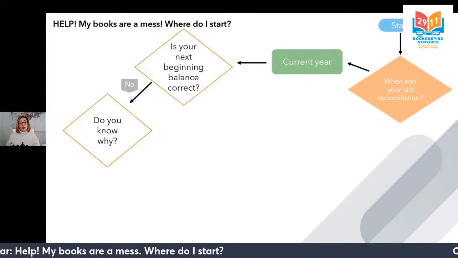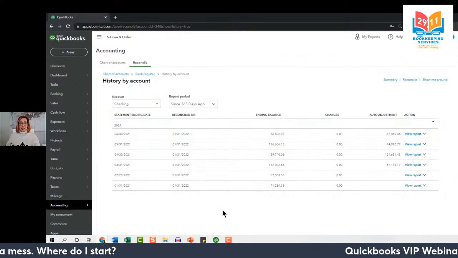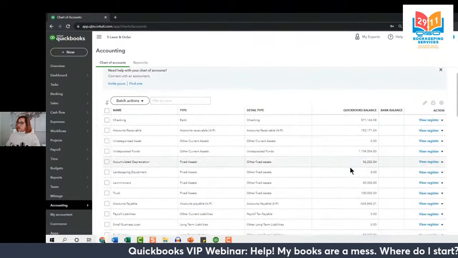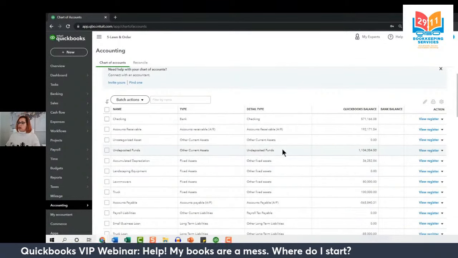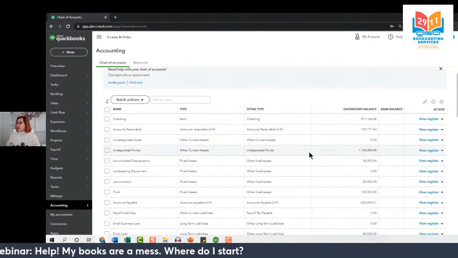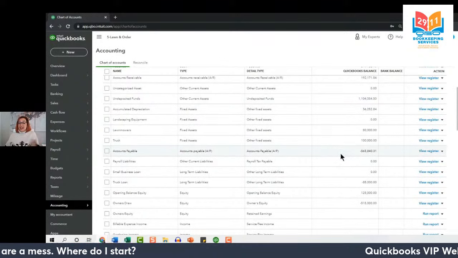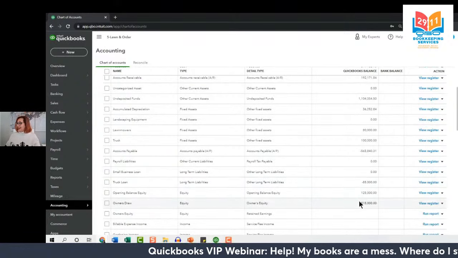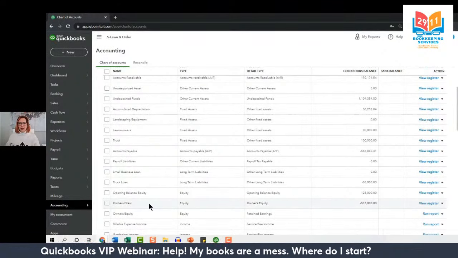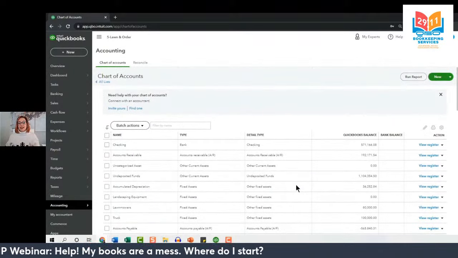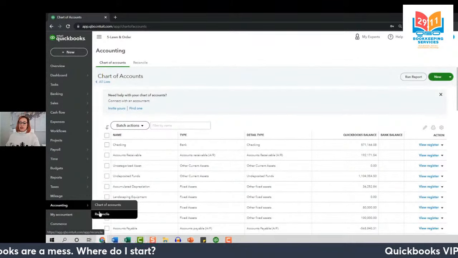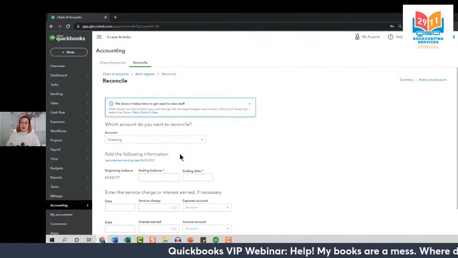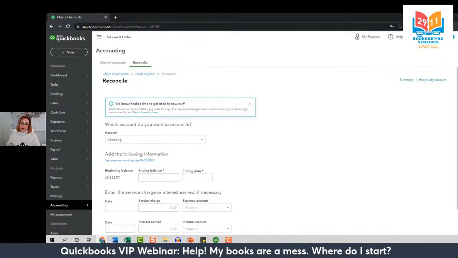And also, I do want to point out that things might be wrong here in the reconciliation screen, but you always want to confirm it with the chart of accounts. If you're in the chart of accounts and you know you have a bunch of account balances that are wrong, like me, I have over $1 million in undeposited funds. I have negative $500,000 in accounts payable. I have a negative loan. I have $500,000 in owner's draw. So all of these are things that are concerning. And that, coupled with the fact that we have all those reconciliation adjustments, it might not tell you that something is wrong here on the screen, but there still could be something wrong.